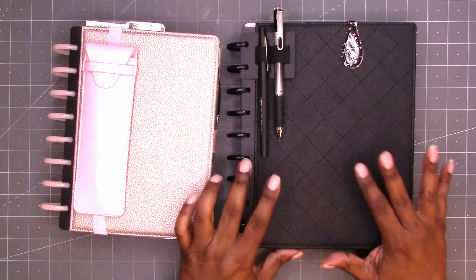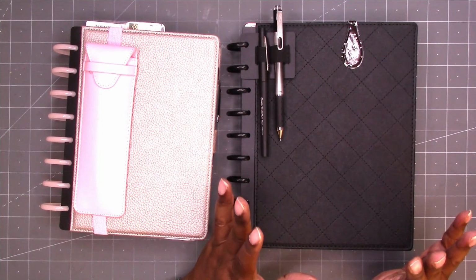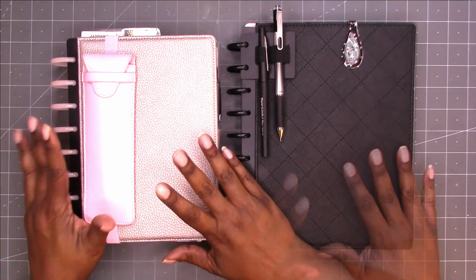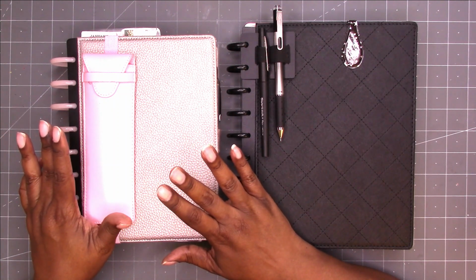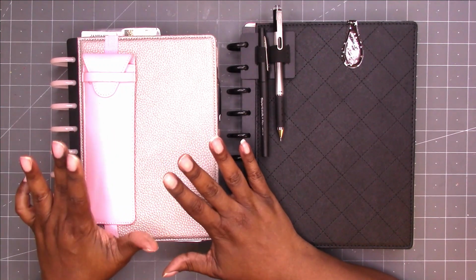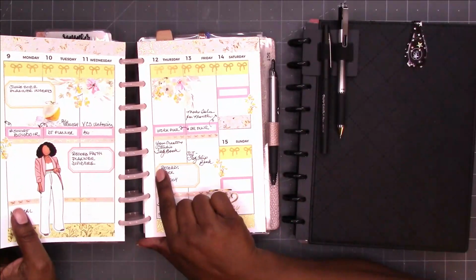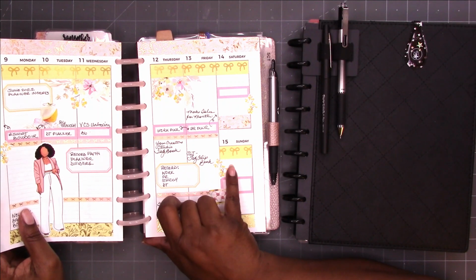So here I have my classic Happy Planner that I started out using as a PR planner. This is my DIY planner. I use the Scrapcraftastic Patreon printable inserts in this for weekly setups and monthly. And again, work planner. So the last week that I did a weekly setup for was the 9th through the